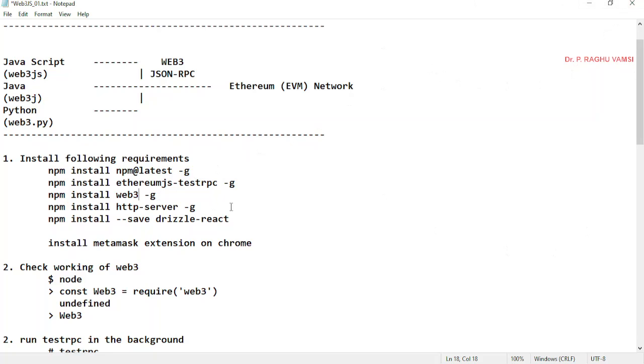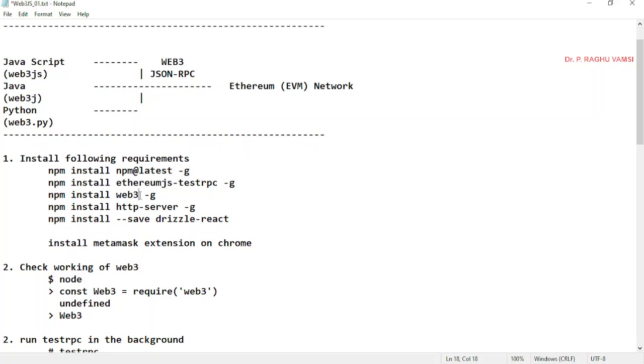Actually, whenever you go through any YouTube video for web application development for Ethereum or DApp development, they will mention what version they are working on, so that you can also install the same version, so that the application will run. Otherwise it will be a problem. In such cases, if you don't mention this -g, then this package will be installed in the current working directory. That will not be applicable globally.